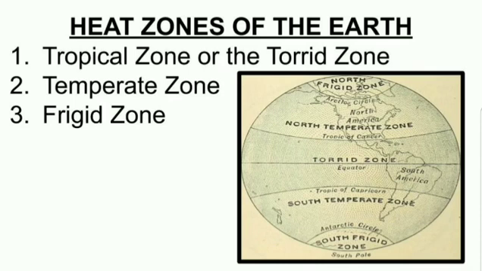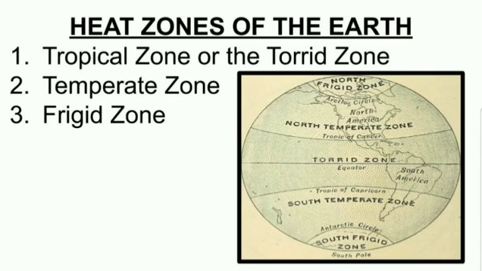And the temperate zone in the south कहाँ से है? Tropic of Capricorn 23.5 degree south up to Antarctic Circle 66.5 degree south, उसके बीच का जो जोन है वो साउथ टेम्परेट जोन है. और कैसा रहेगा उसका क्लाइमेट? Neither too hot nor too cold, moderate climate रहेगा, इसलिए इसको बोलते हैं टेम्परेट जोन. Understood children?